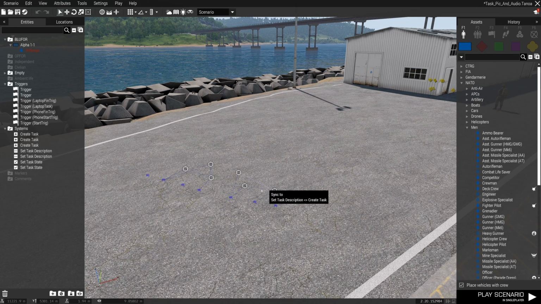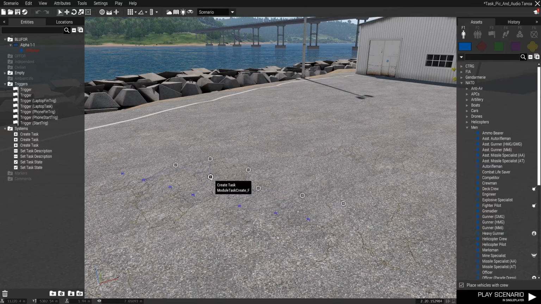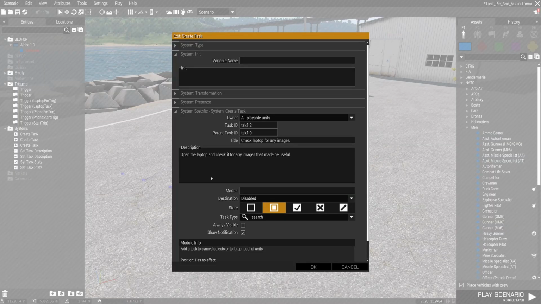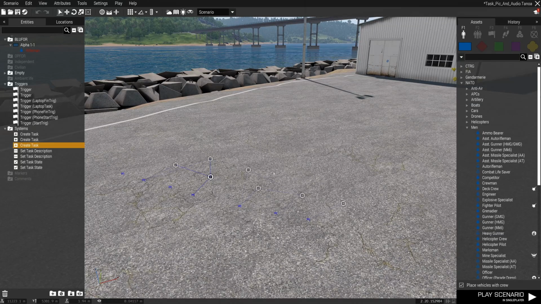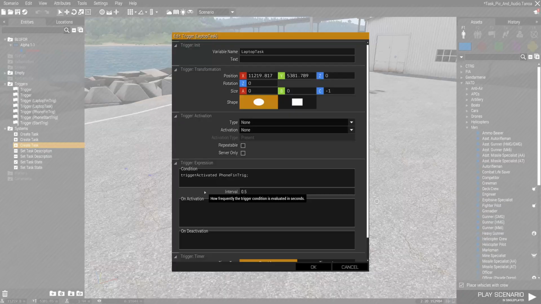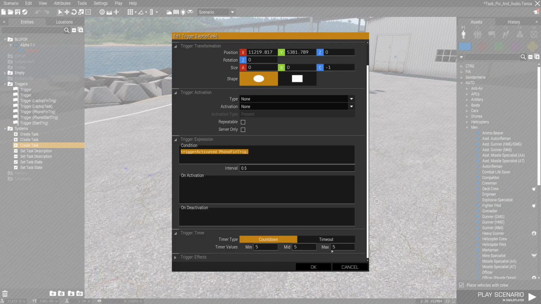So the next thing we're going to go through is the second subtask. Open that up. This one is check laptop for any images. Again, simple layout, but this is our description to begin with: open the laptop and check it for any images that may be useful. That's what we see initially. So that one's triggered on this condition here. When this trigger is activated, after 5 seconds